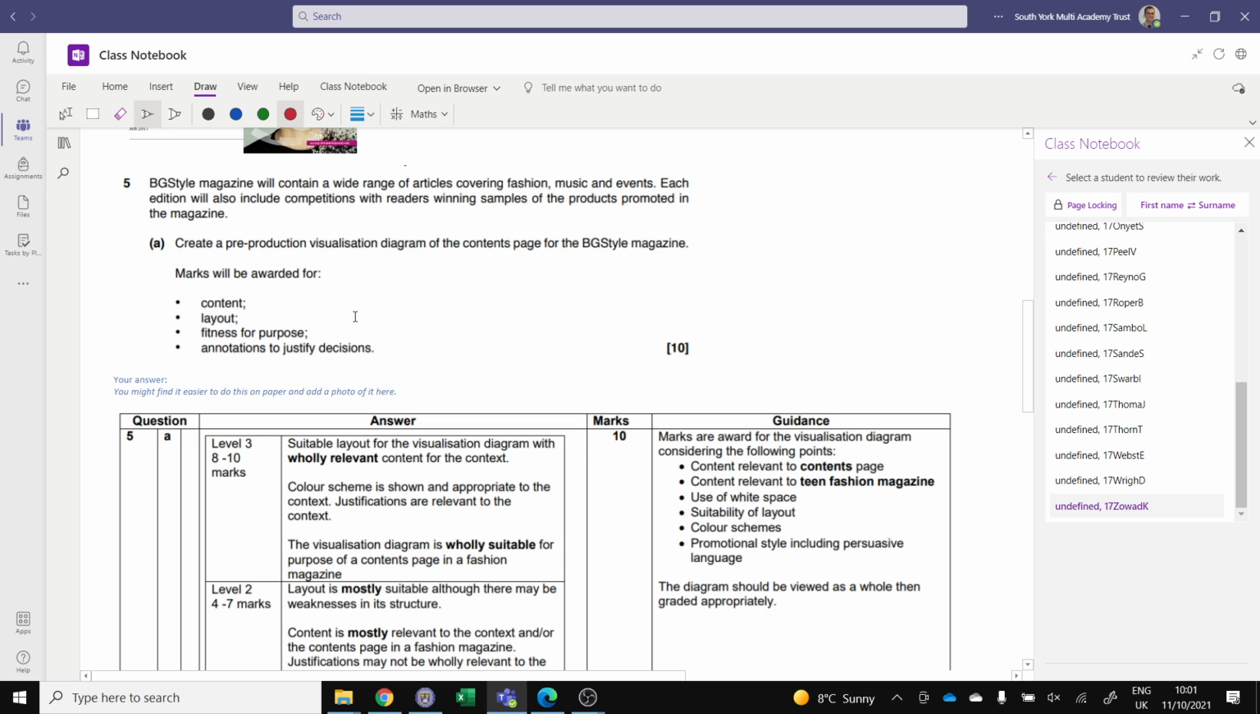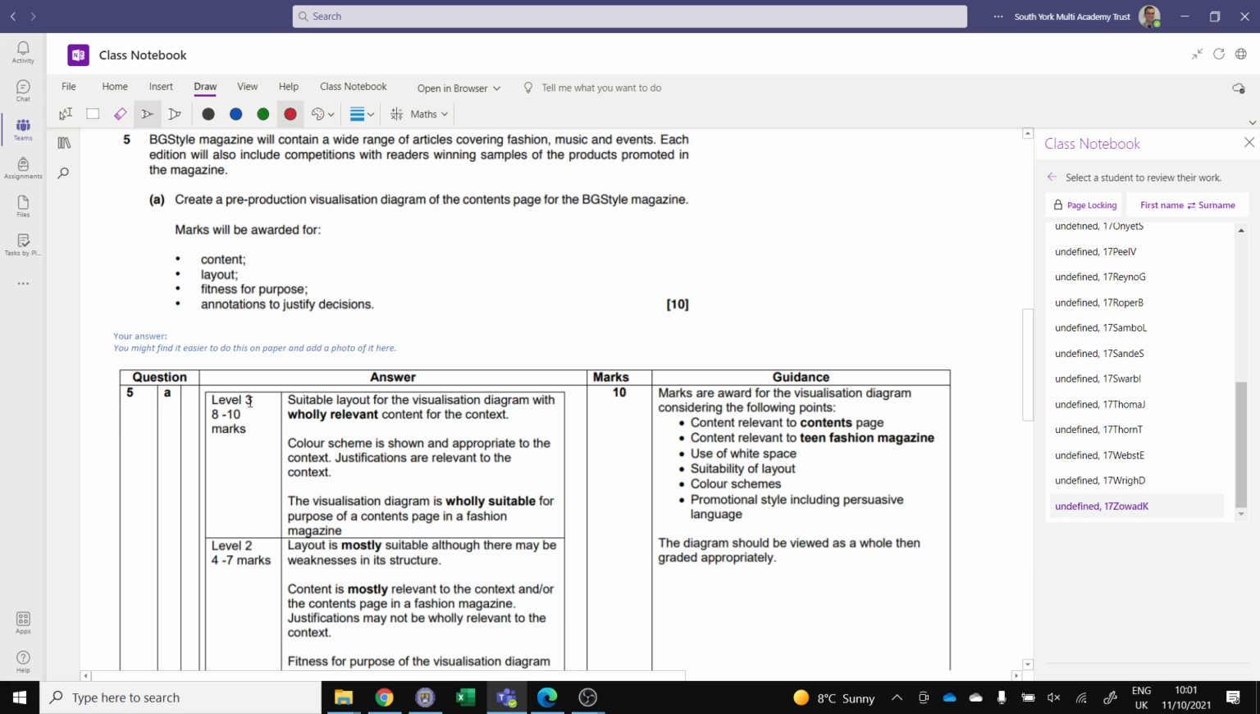Remember, the whole point of a visualization diagram is to give enough information, advice and annotation so that a complete stranger will be able to visualize your design, as in they'll be able to picture what it should look like and actually create it. So if I go through the top mark band, it says a suitable layout for the visualization